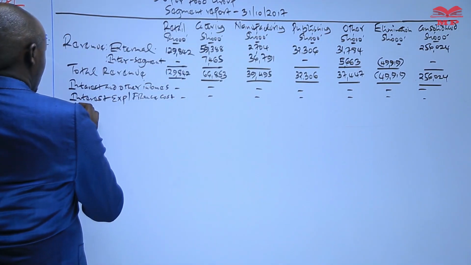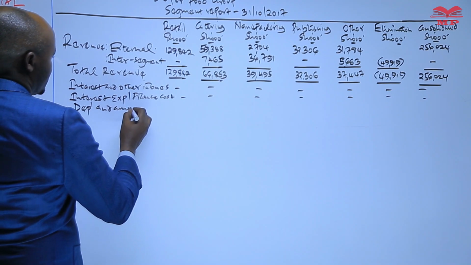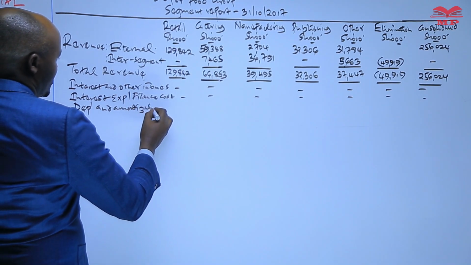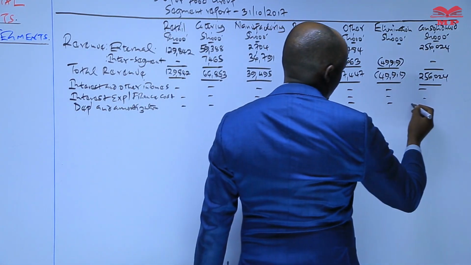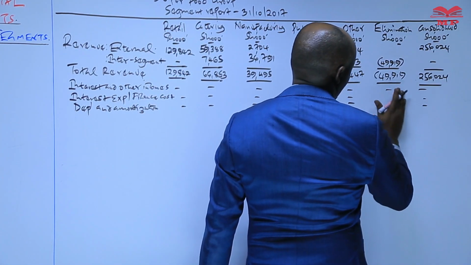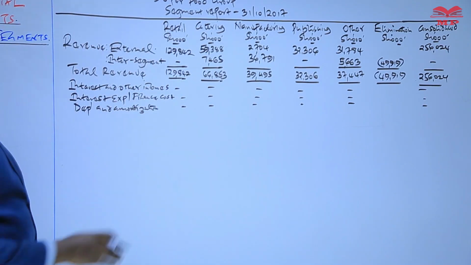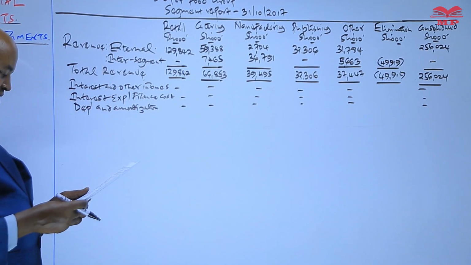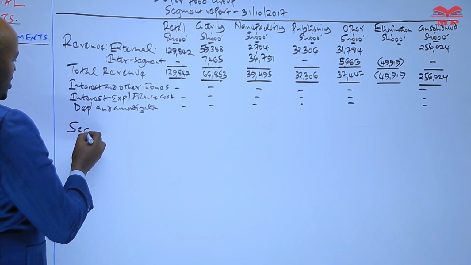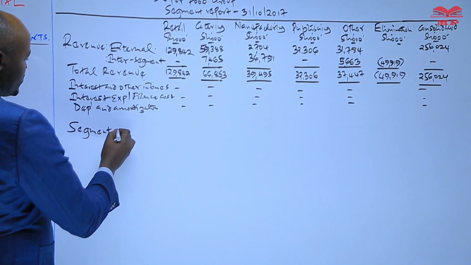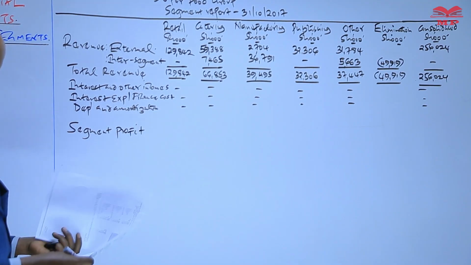So next, we record information about depreciation and amortization. Equally, we are not given this information. We are not given the depreciation and amortization of each segment. But if we are given those items, we come and record them there. And then next, we record information about the segment profit. And that information is given to us in the additional information